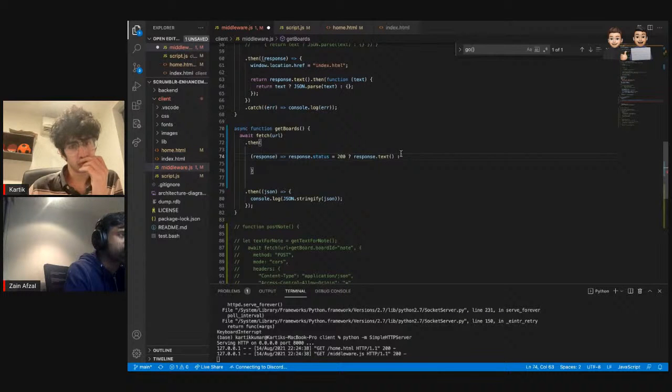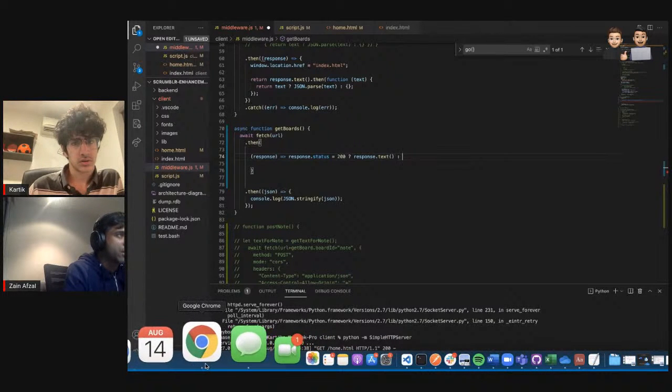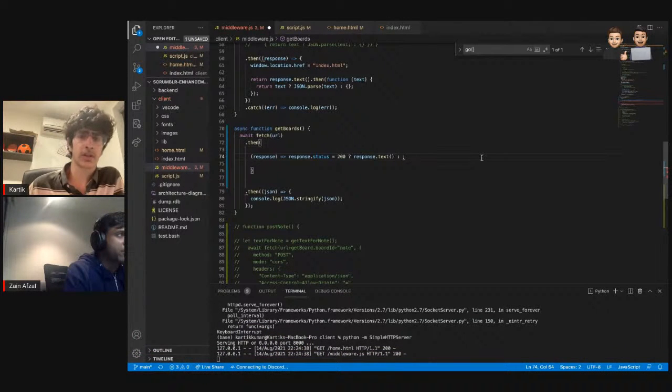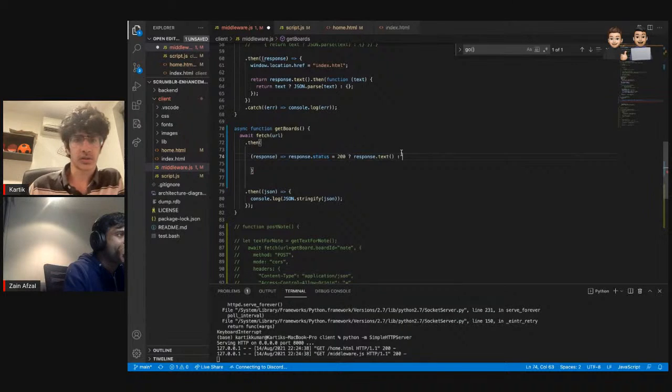I haven't really tried the ternary operator, so I want to check if this works with one statement. I think I can just get rid of the colon. Oh, I cannot. Colon expected. Ah, right, you have to give it two statements.